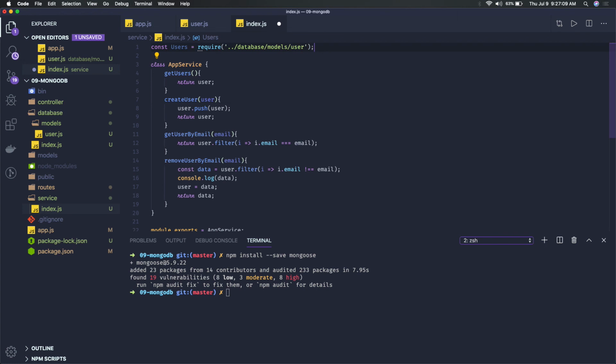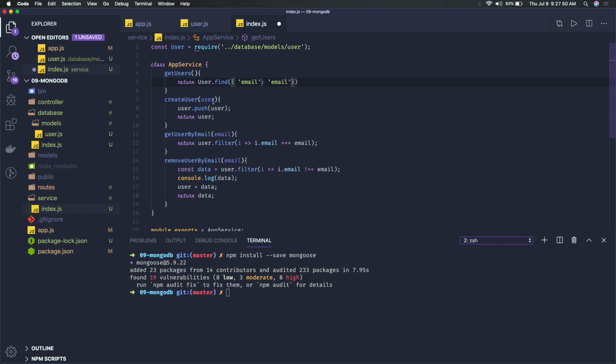So database models user. This represents the user model. So instead of doing get user, we can say user.findById. This will return a promise, so we have to deal with that and write appropriate code to manage things. Here in create user, we have to create an object of that user first, and then user.insert or user.save. Here also user.findByEmail, where you can pass custom parameters if you want to filter based on a particular condition like email, and here you pass your email string.